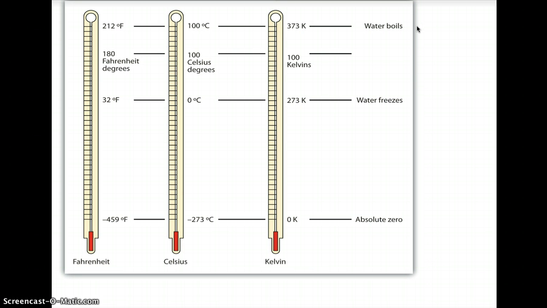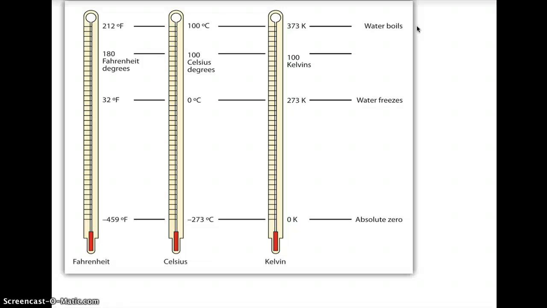So the difference between where water boils and water freezes on both scales is equal to 100 degrees, or simply 100 Kelvin. And really we can conclude there that the quantity of 1 degree Celsius is identical to 1 Kelvin. The only difference between the 2 scales is that they're shifted by 273,